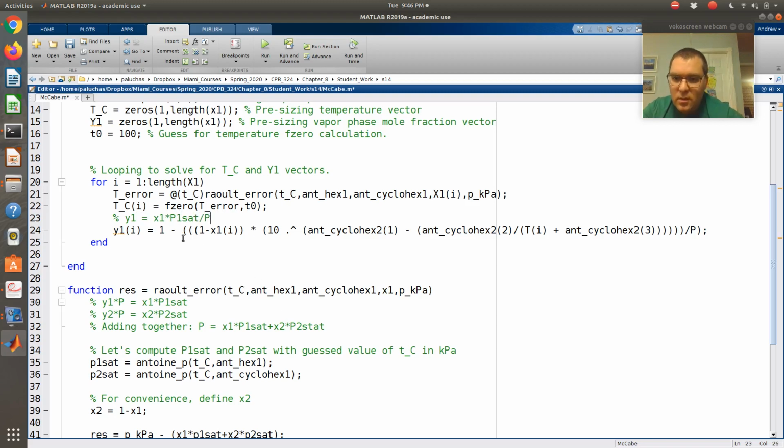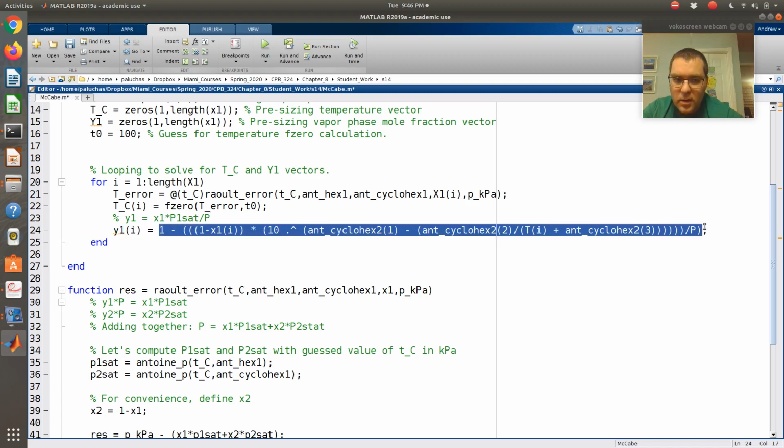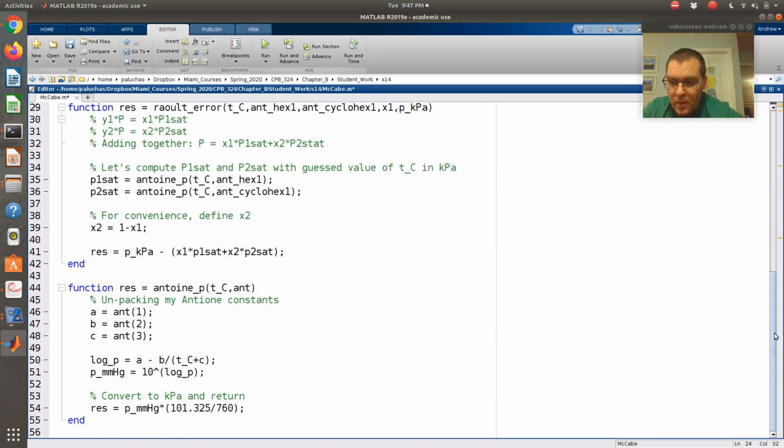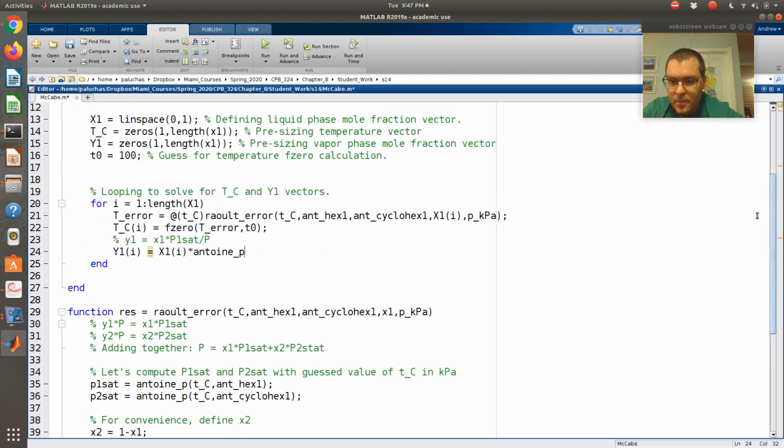So we could do this. So y1 of I, and actually now it's good that I created this Antoine function, would be x1, my ith element of x1, times p1 sat, which would just be Antoine p, that's what I call it. It's going to want the temperature I just computed, we'll call TCI, my ith temperature, which I just computed,